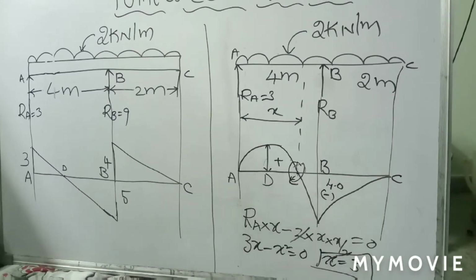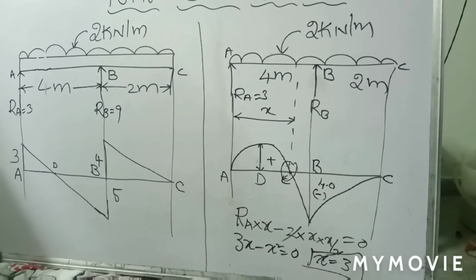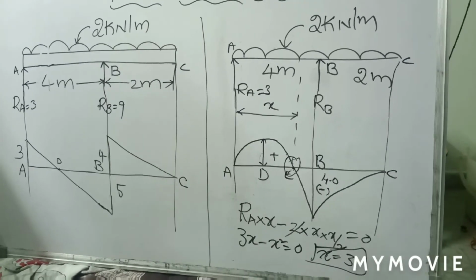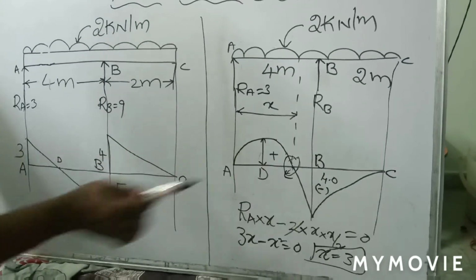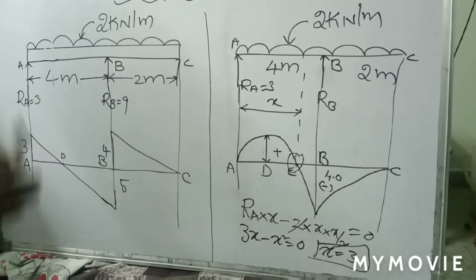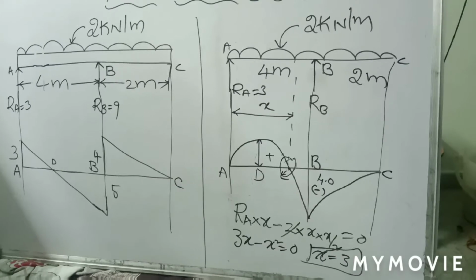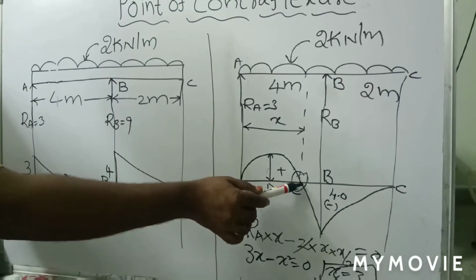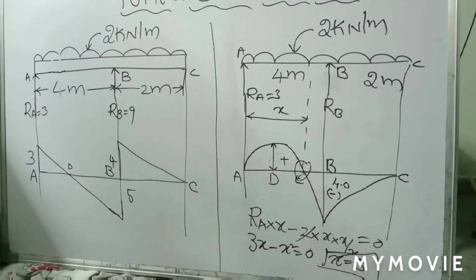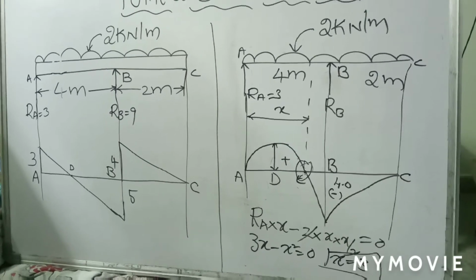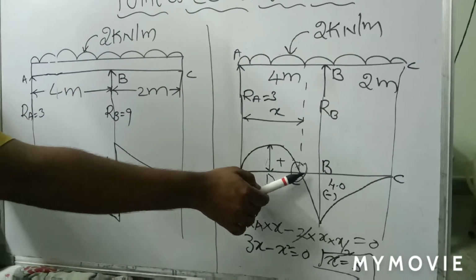That is how you calculate the point of contraflexion, in addition to the shear force diagram and bending moment diagram. Whenever you have a change of sign in a bending moment diagram, from positive to negative value or negative to positive value, then you have a point of contraflexion. Then immediately identify that particular point where the sign changes, project it up to the beam, assume it is at a distance of x meters, and calculate the value, to find at what distance the point of contraflexion is located.